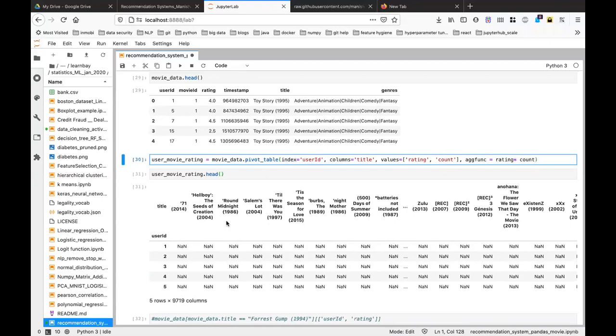So what you will get here is, if the user with ID 1 has given rating 4 and he has given once, it will be only 4 times 1. Let's say if he has given rating 4 two times, something like that. But generally this will give you enough information, and this should be enough.